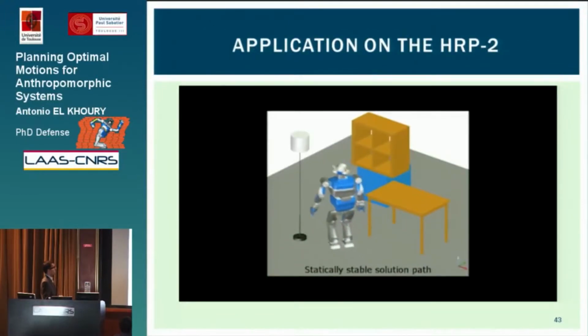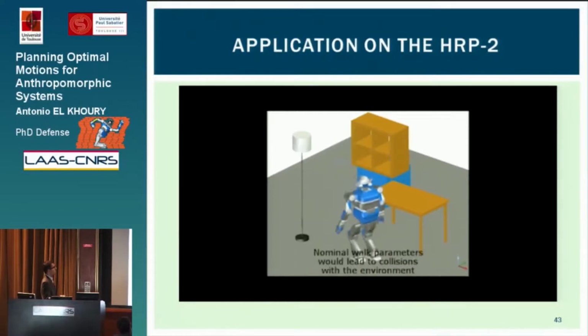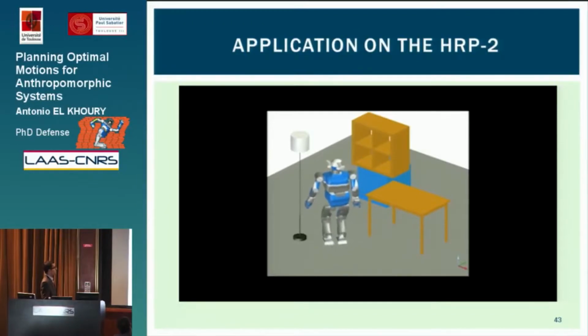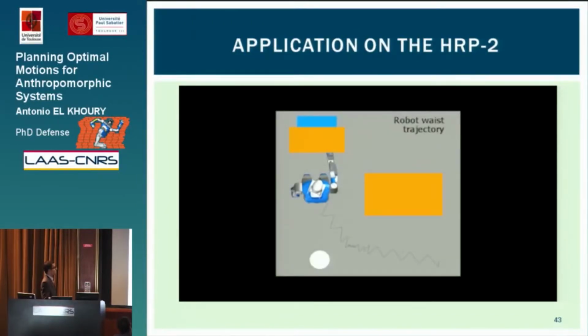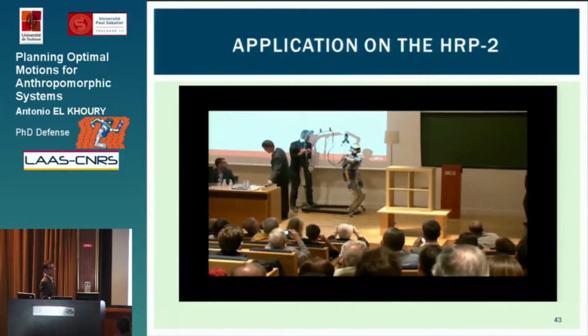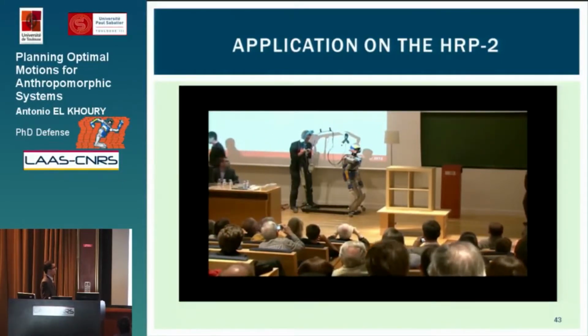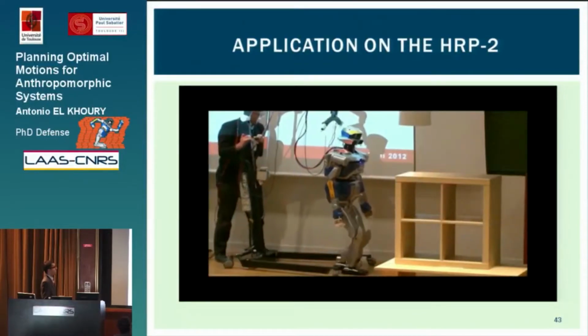So here's a second example where we have a shelf. We first find a sliding path between the table and the lamp. And we can see that if we use nominal walk parameters for stepping, we will have collisions. But if we use a control strategy that reduces the step size, we will have small steps and we will not have any collisions. And here we can see the same example, the same motion executed on the real humanoid